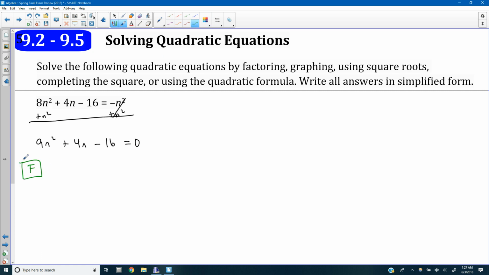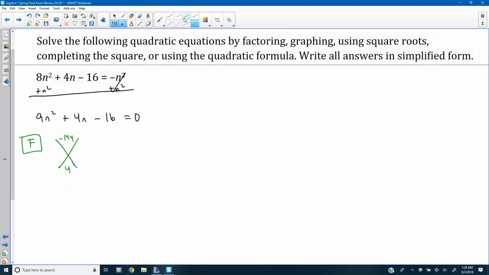Solve by factoring. If we do, we're going to say what two numbers multiply to become 9 times negative 16, that's negative 144, and add to become 4. Okay, so we're going to test. I'm going to write these factors down because there are a lot of factors